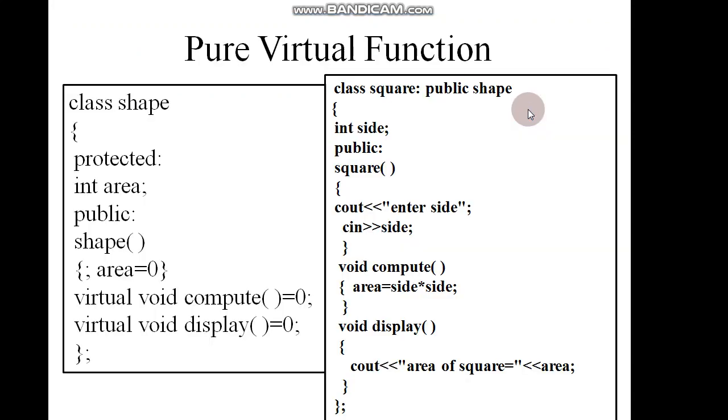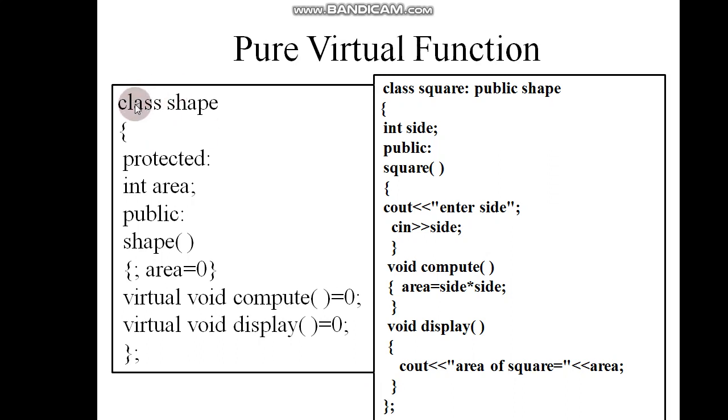In this session, we will discuss an example on pure virtual function. The class shape can have area with it. There can be different shapes like rectangle, square, as we have seen in the previous example. Now this class will have a constructor function in which we are going to initialize area to 0. So semicolon must appear after 0.